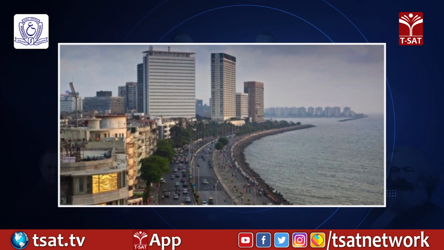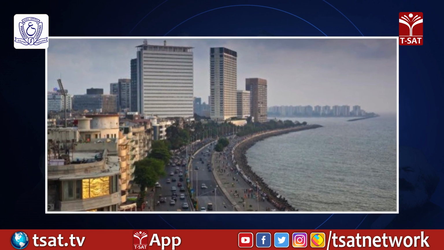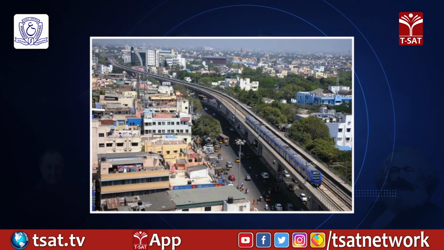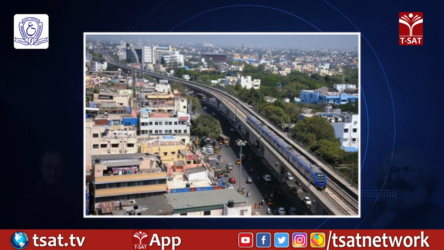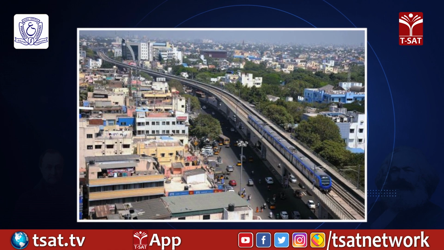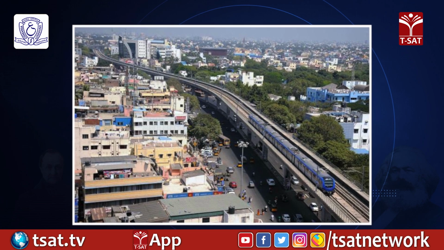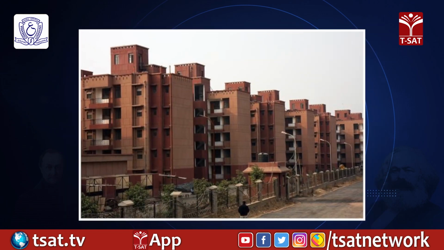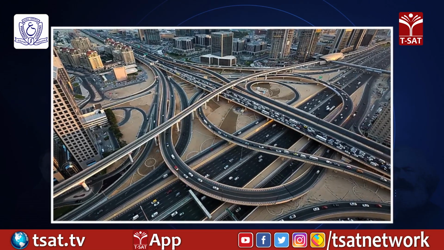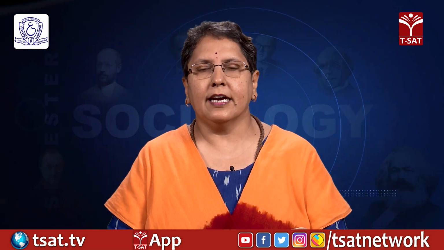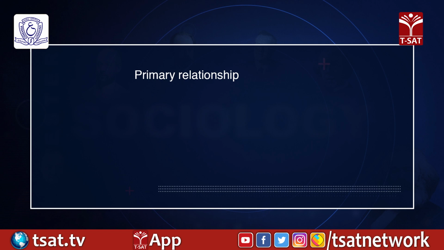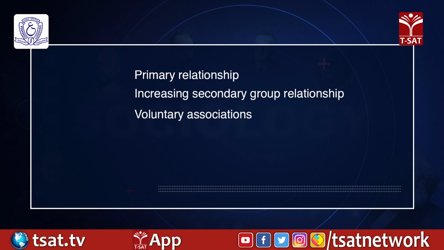Urban areas are created through the process of urbanization, which in many instances is accompanied by industrialization and migration. Urban areas have non-agricultural framework with high population density and human structure such as houses, commercial buildings, roads, bridges and roadways. Urban areas are characterized by loss of primary relationship, increasing secondary group relationship, voluntary associations, plurality of norms and values,